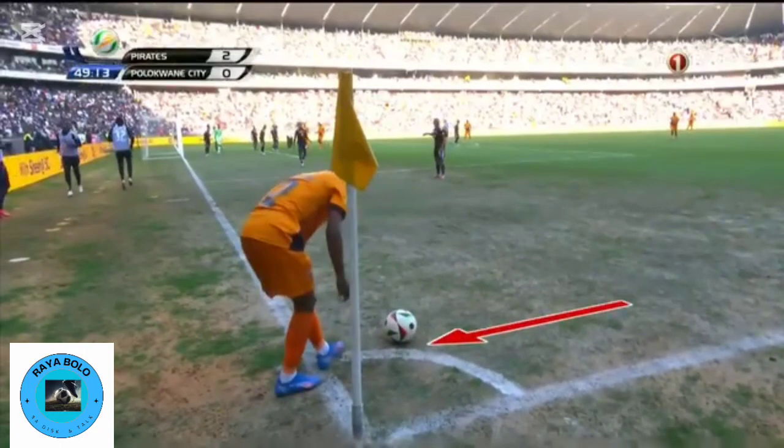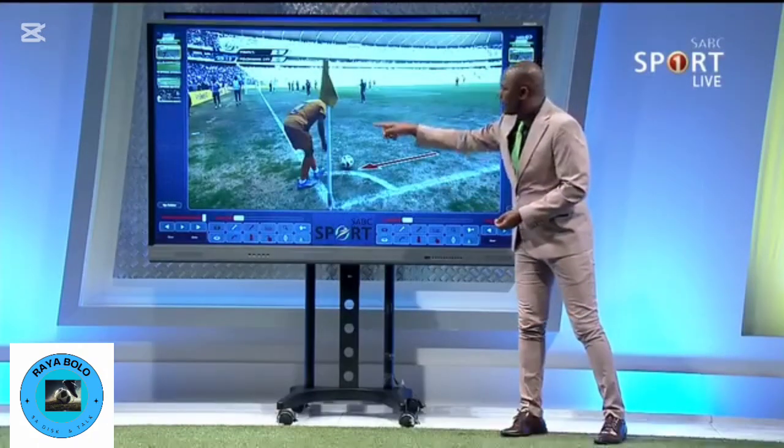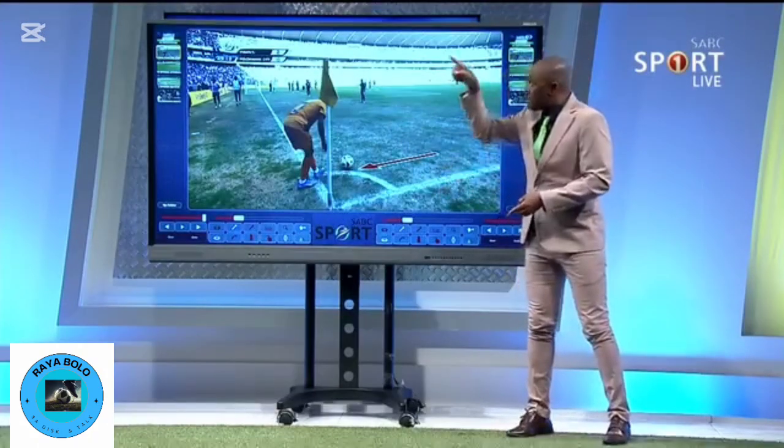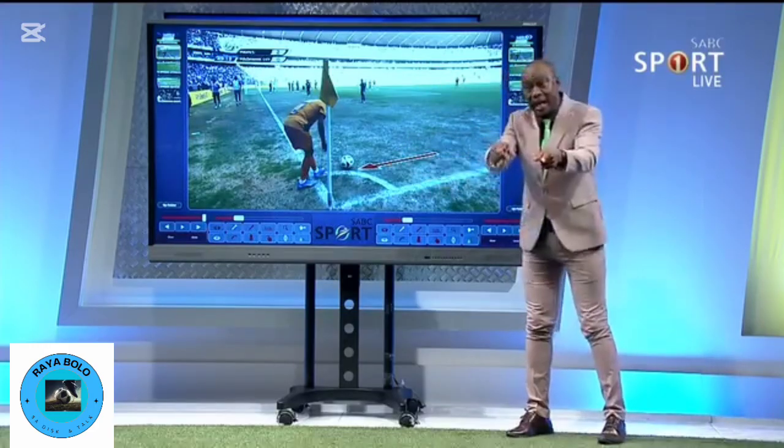If it's out of the line, the law says it can be out, but it must overhang. Overhang means on top, it must be in line with the corner arc. Is this ball in line? So now we are telling Muremi, no, next time,